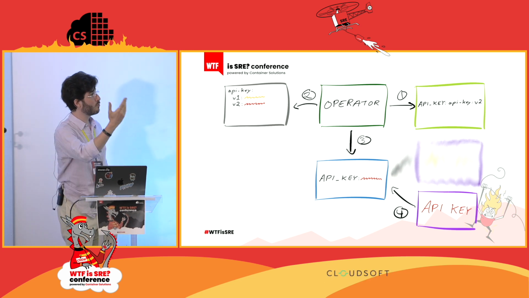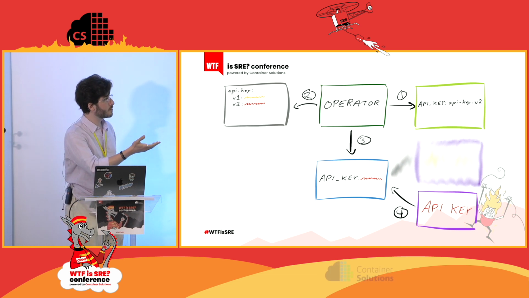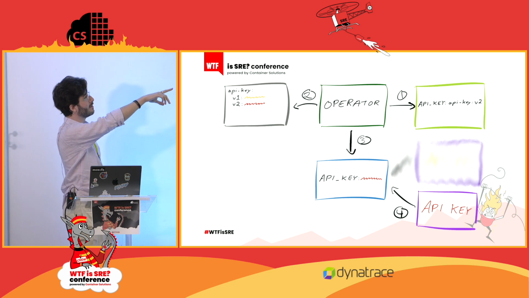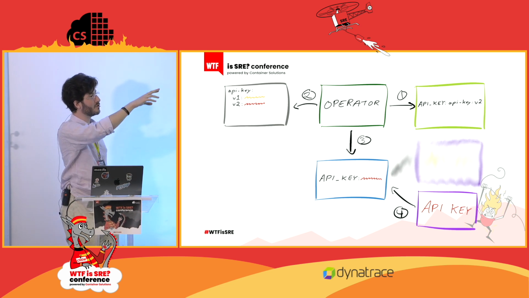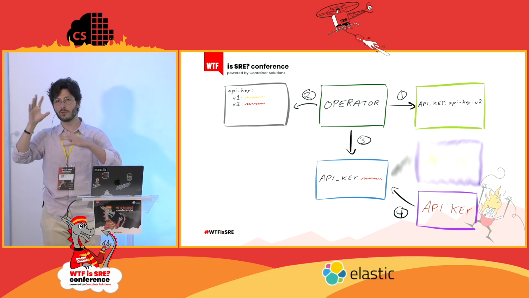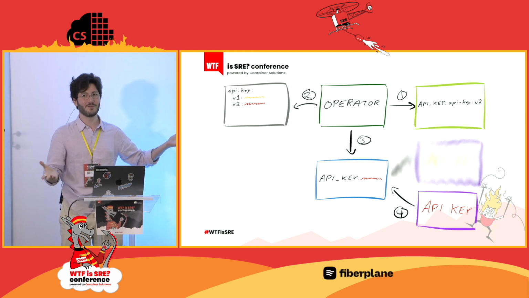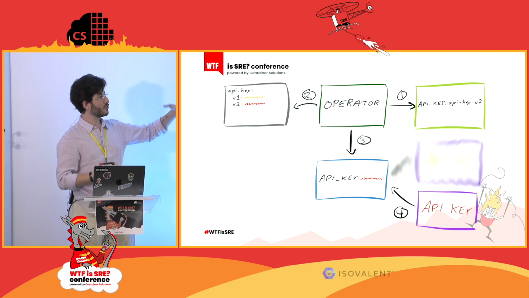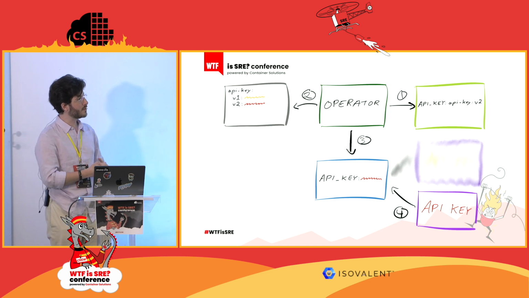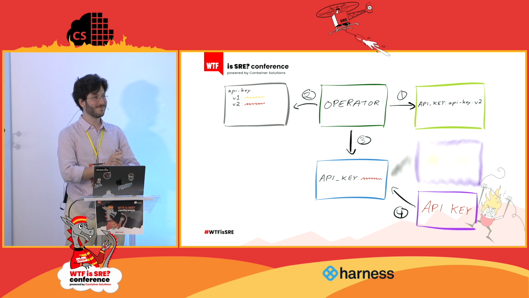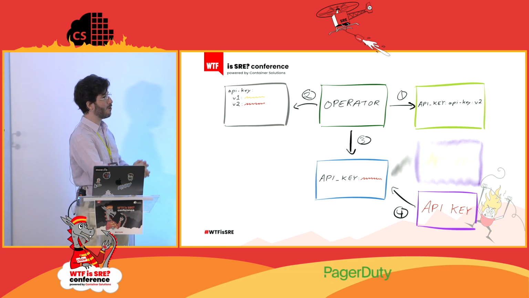So if I just perform a rolling update of my service at the same time, because maybe I have this clever mechanism where the ID change of the secret suddenly changes the pod spec with like a checksum or something. We all do this. It's like in the Helm docs, so everybody does it. So that triggers a rolling update automatically, and my new instances use the new API key. So mission accomplished, right? Well, no, because this can go subtly wrong